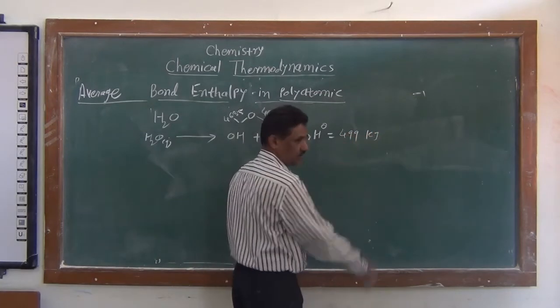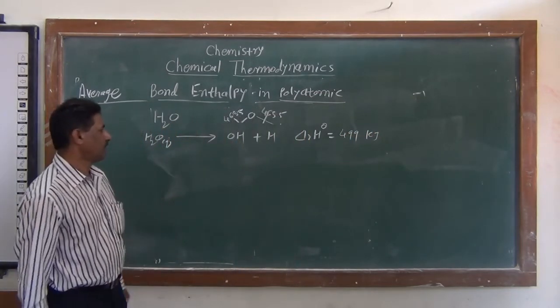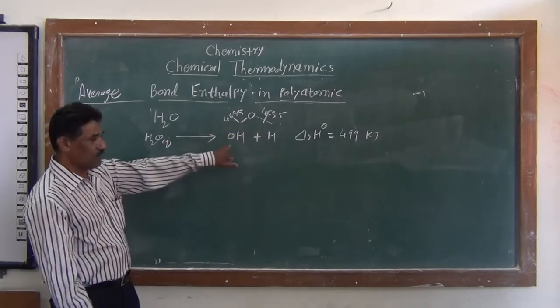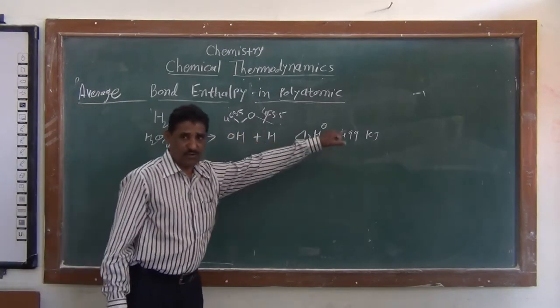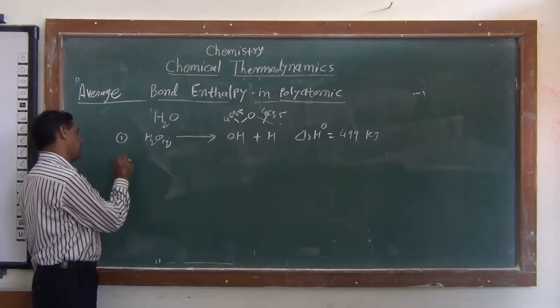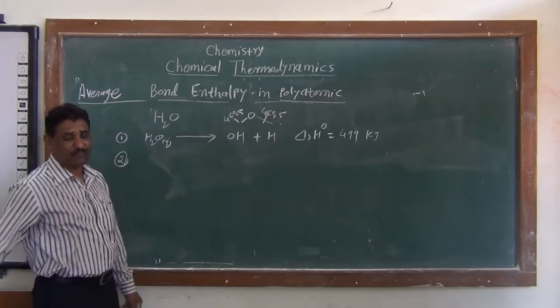499 kilojoules means that for breaking this one OH bond, this amount of energy is required. This is the first step in this reaction. The second step of this reaction,